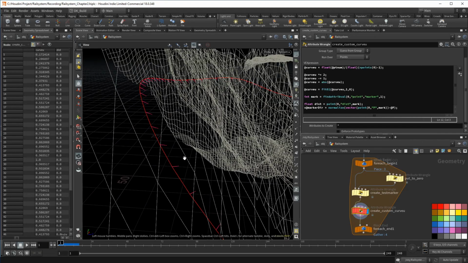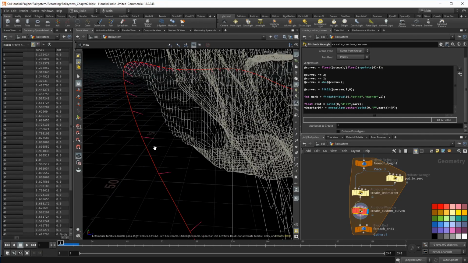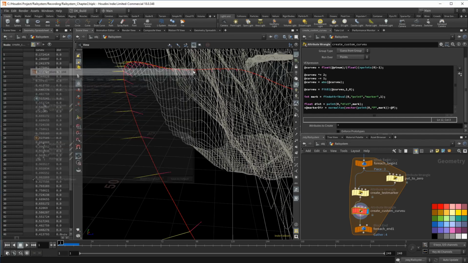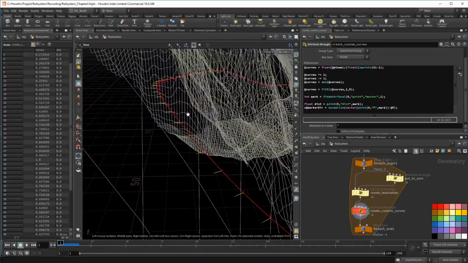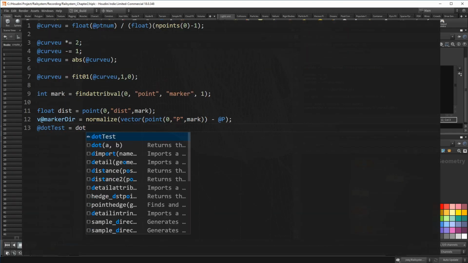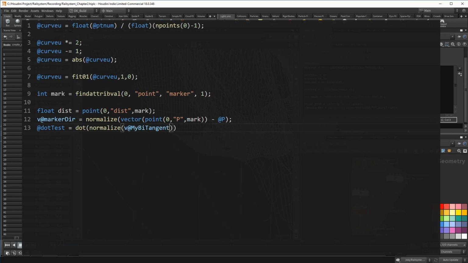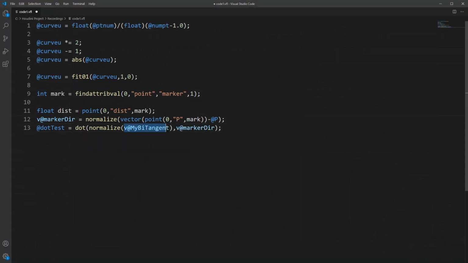Back to our curve, I already have a visualizer on the marker direction. You can see it as the red arrows pointing towards the marker. In this current project file, I still have the custom orientation, that way I can show you what it was for. When I activate the bitangent, we see the cross product of up and tangent. Those two vectors allow us to read if the marker is on the right or on the left. We can do that with the dot product. If the result of the dot product is negative, we know that the two vectors are pointing into opposite directions. Now we decided to use the orient along curve node. That means the attribute bitangent does not exist. But all it really was, was a cross product between the tangent and the up vector.